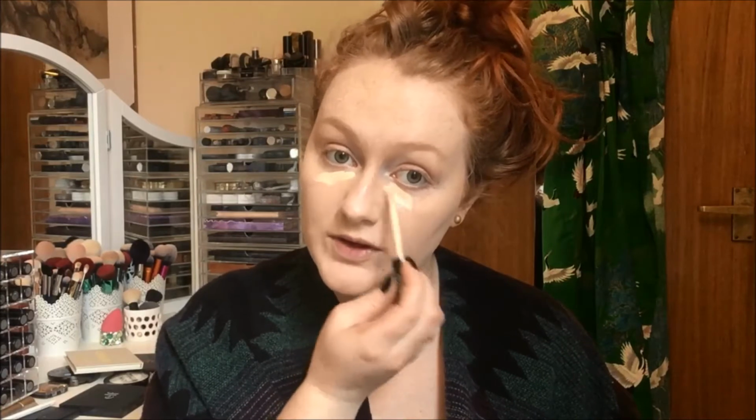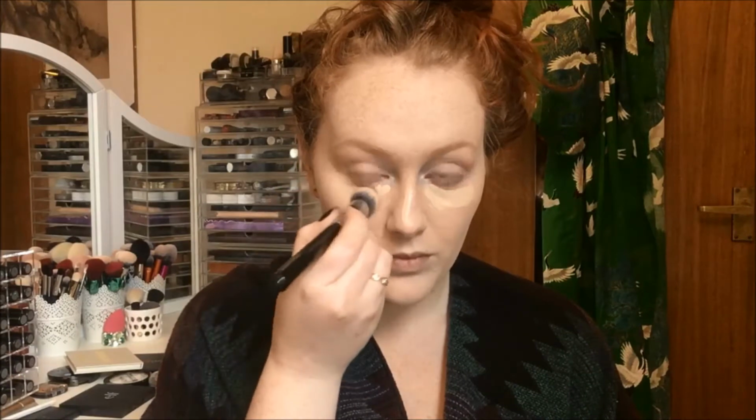Okay, so for concealer, I'm going to use a bit of a cult product, and this is the Collection Lasting Perfection concealer, and this is in the shade 0, which is extra fair. This is a new shade they've just come out with, which I finally think is actually pale enough for me to use. So just going to use that under my eyes, in the middle of my forehead, down the nose, cupid's bow, and on the chin. And using another brush from Zoeva, this is the 110, to buff this in. It's really good that you can get products that are more affordable from the drugstore that do work for